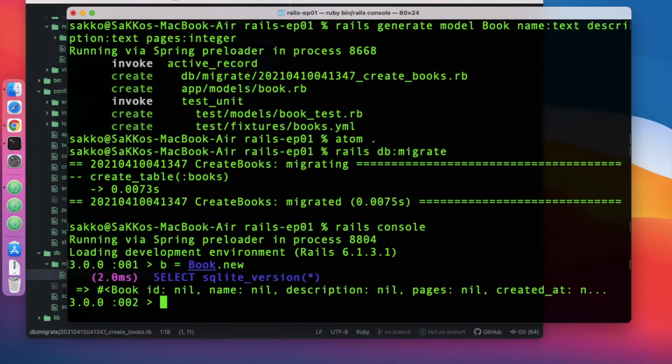For example, you have a Book model. You can run b = Book.new. b will now point to a book object with no data. Check the ID, it has no ID yet. Why? Because Book.new is a new record that hasn't been saved to the database yet. Let's save that book by running